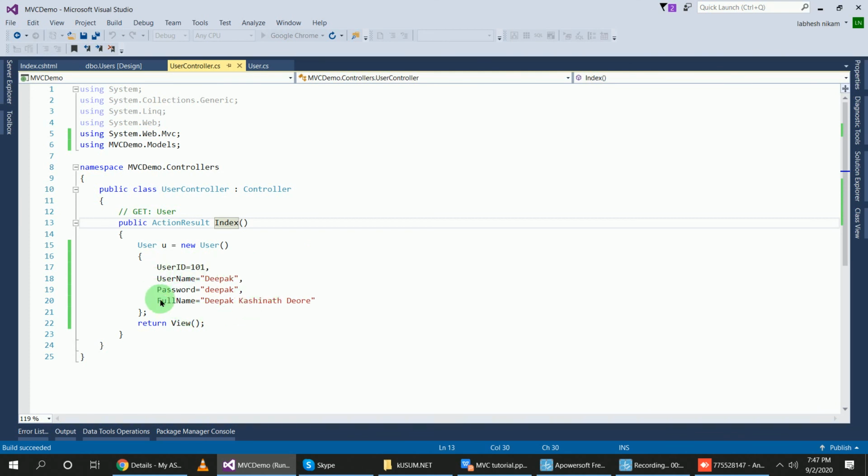This data will go to the view page and display using model. So the controller is fetching data from the model class, and the controller passes data to the view page, and using model, the view page displays the data.